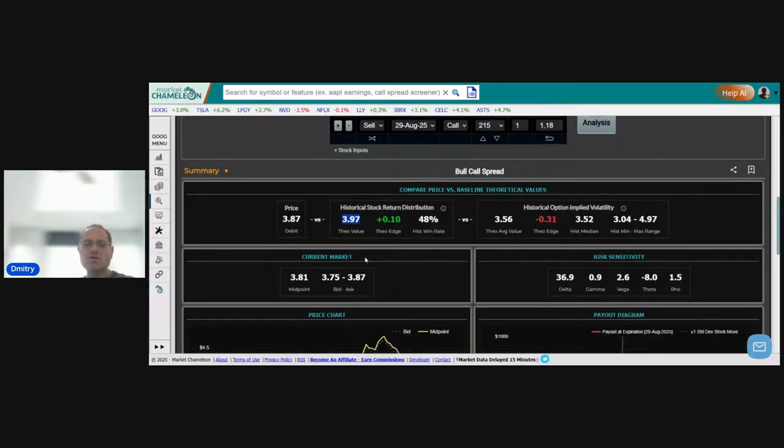Coming down a little bit further, here we see that the current market price is 375 bid, 387 offered, and the midpoint is 381. This is a quick way to look at the market liquidity, the market spread between the displayed bid and displayed offer, because when you're trading and you have a market where people are displaying bids, where they want to buy, where they want to sell, you want to know how wide apart they are,